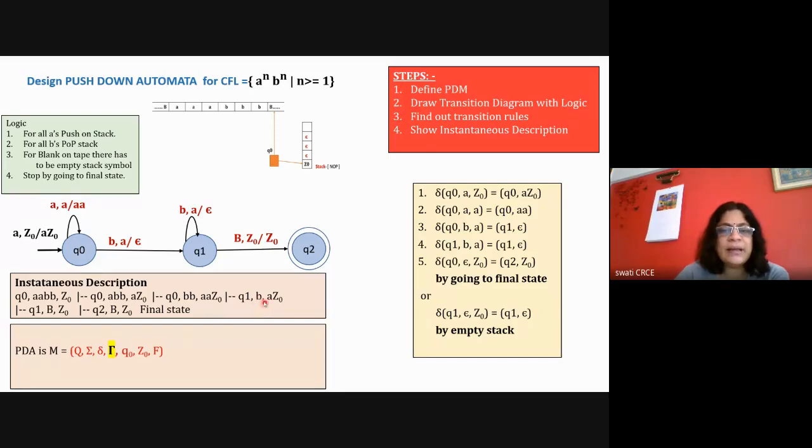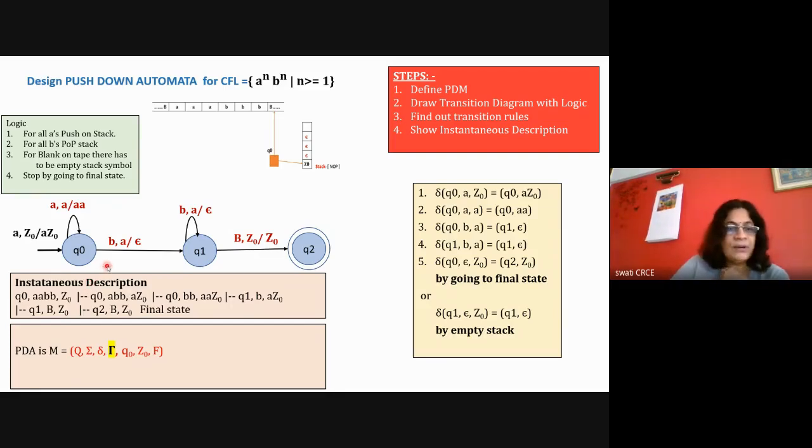For this B, again it will be a pop operation. So Q1, and after reading this B, there will be a blank on the tape. So Q1, blank, and Z0. So the stack contents are removed, this A is also removed. And then in Q1, if it is getting blank and Z0, it is going to the final state Q2 and halting. So here in the instantaneous description, you show at a particular instant what is happening